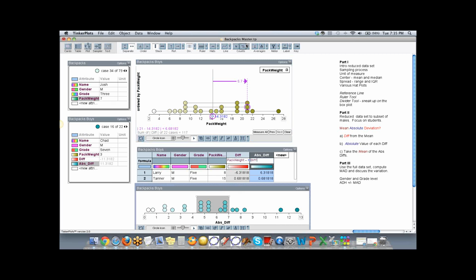And we already saw it was 5.3. Let's go down here to our bottom plot and actually show the mean and show the numeric value. And it's 5.318. So now I need to pause again and check to see if we have any questions.